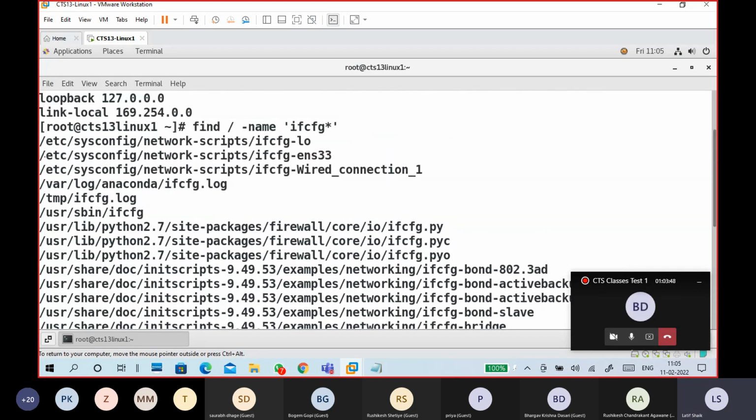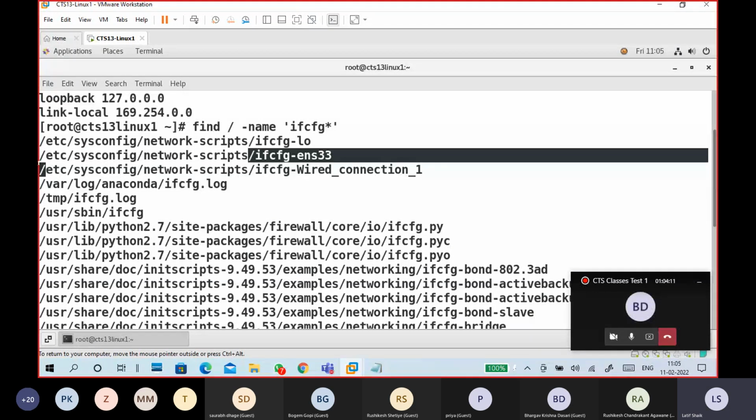Actually, what I want is this one. I forgot the path. I thought it was system config, but it is sysconfig. So this is the path of this file.